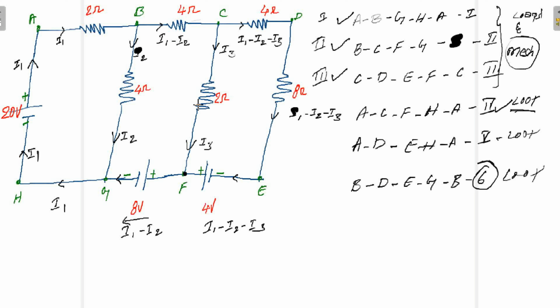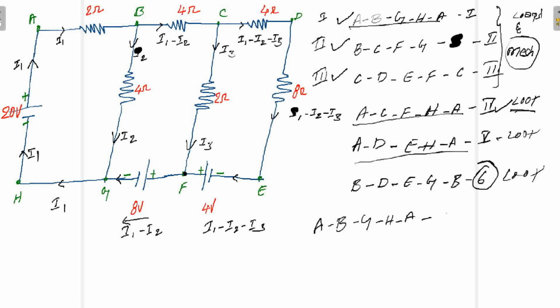Even though it is covered twice, all the other elements are covered at least once. But if I consider ACE, ACFHA, this first one, this ACFHA and ACDHA, then what happens? If I consider this one as the first loop, this second, and this third one, then it is nothing but A, B, G, H, A.